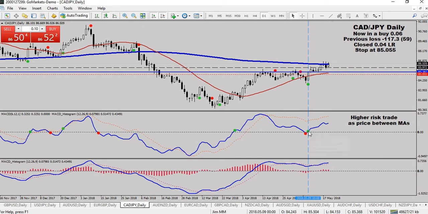And so you can see we come in here and the fast MACD is still above the zero level. It's stalling at the 240 LMA, so I might just close this trade. I don't know. Yeah, I'll just